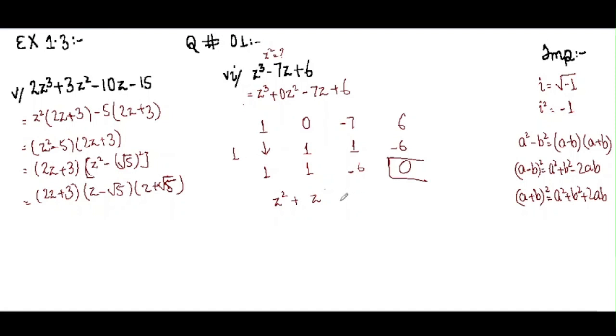Now we have to write the coefficients. There is another term which has z power 0, so we have to write it over here. Now we write their coefficients with them: 1 with the first term, then 1 with the second term, and then this minus 6 as it is. And then we have to multiply this whole term with another term. What would that other term be? Just guess. Okay, let me tell you. Here it is written 1, so this means that z equals 1.